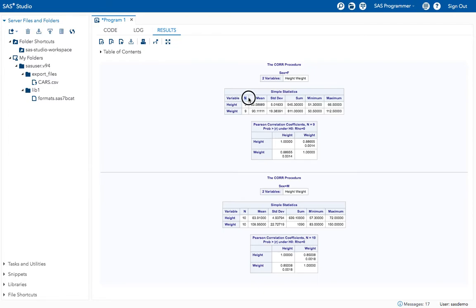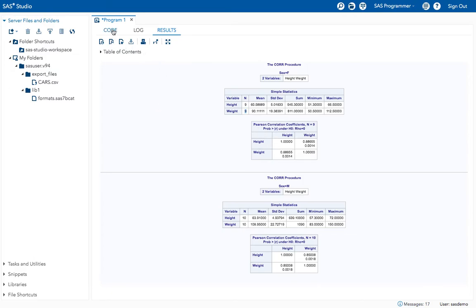So this N is nothing but, as I told you earlier, the non-missing values that are present in the specific variables. Okay, in order to calculate correlations like Spearman, Hoeffding's D statistic and Kendall, we can include different options in the proc statement. Okay, here we got only the Pearson, right?